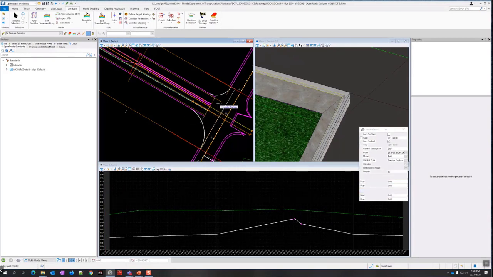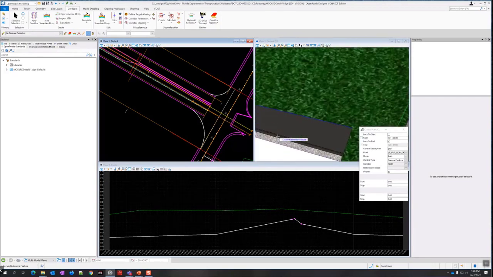And then the corridor we're going to select is going to be the mainline corridor. So we grab that corridor handle right here. And then the reference feature is going to be this edge of pavement here. Make sure you get the top one, the LTPVT EOP out. Priority for this should be 10. And then the offsets should all be 0.